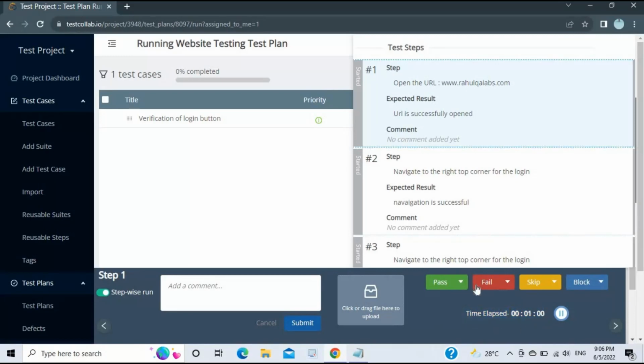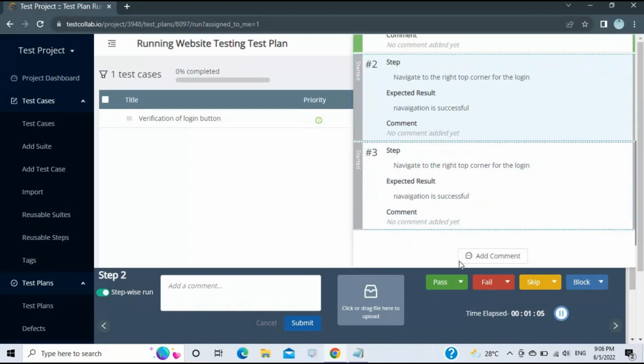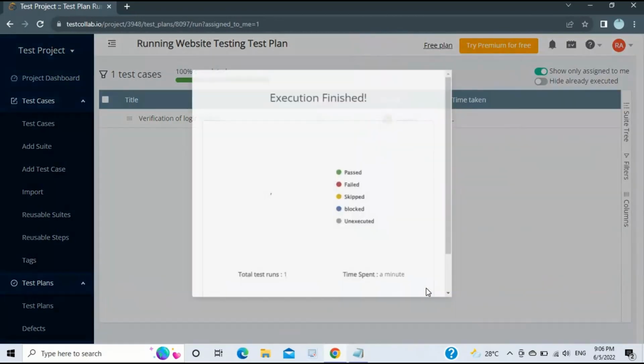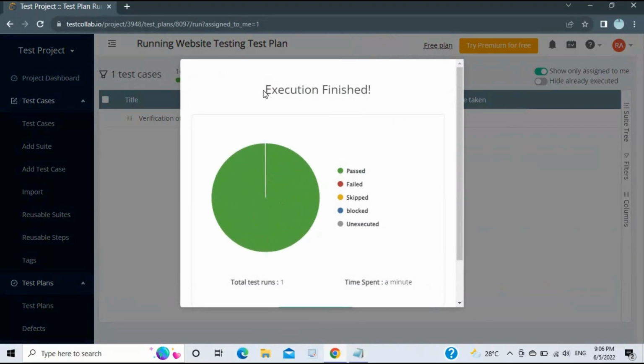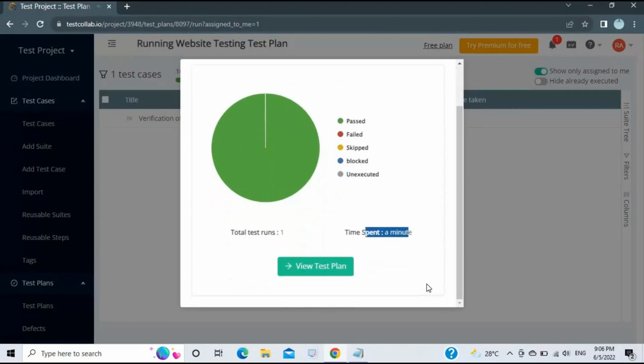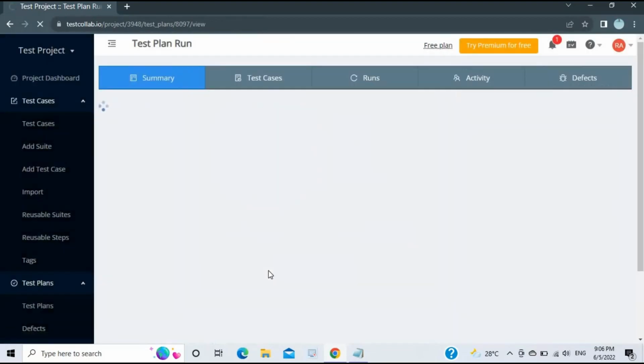So I'll just click on pass, then coming to step 2, pass, and then coming to step 3, pass, right? As soon as you complete all the steps, it will say that execution has been finished, and total number of tests run 1, and time spent means within a minute. Now if you go again to your test plan,